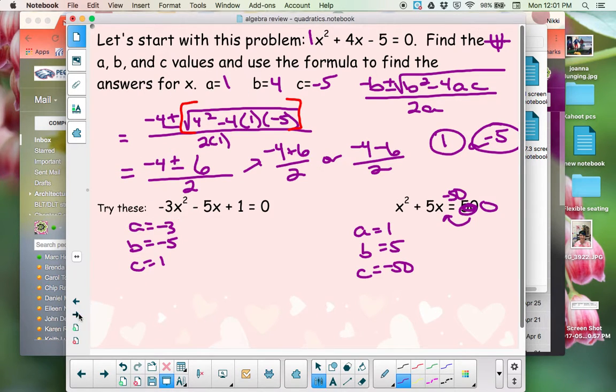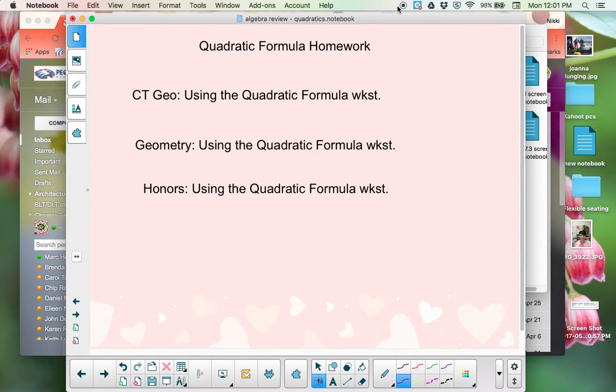I believe that is the end of the lesson. Yeah, so please check your pacing guide to see what suggested problems